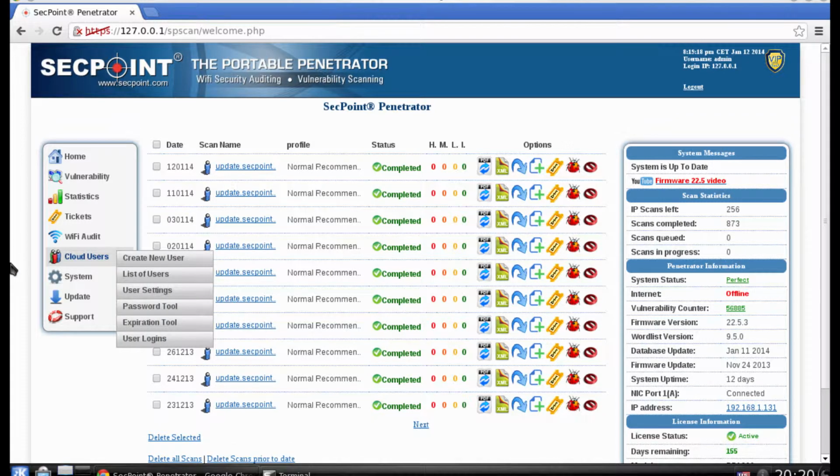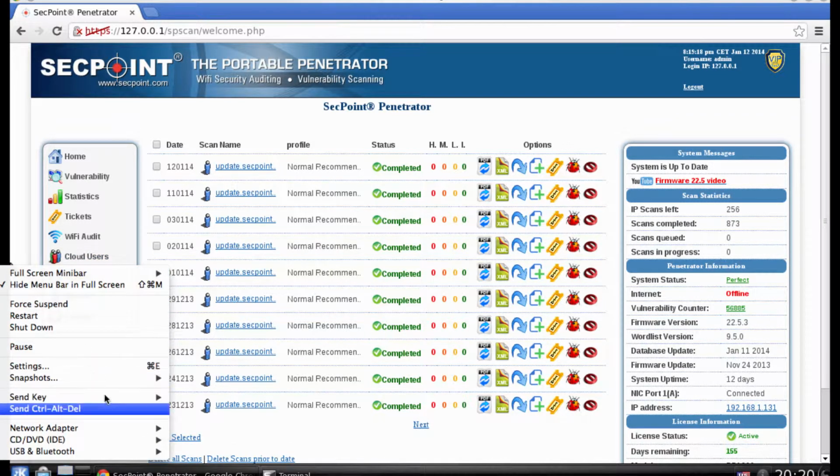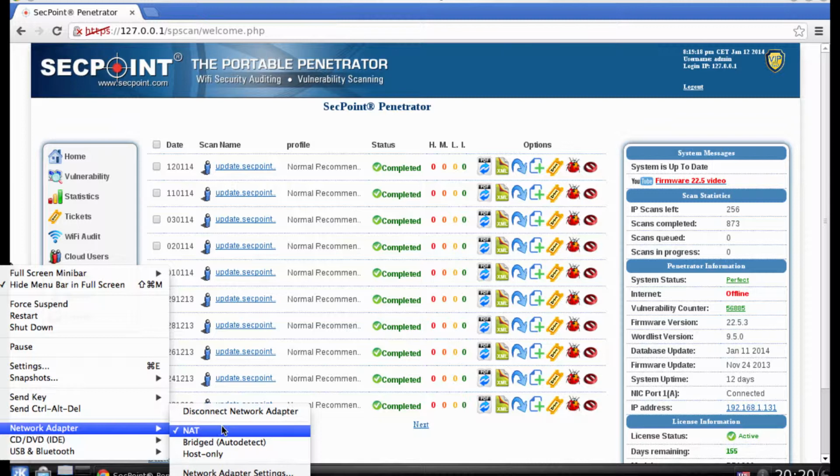First of all, if we go to the settings and to the network adapter, we can see this one here is set to NAT mode. Depending on how you are connected to the internet, whether with a Wi-Fi connection, a LAN cable, or via a mobile device, a 3G or 4G device, or for example your smartphone, it can depend on how it gets the internet. So in this case, on NAT mode, we are not connected to the internet, and now I will set it to bridge mode.